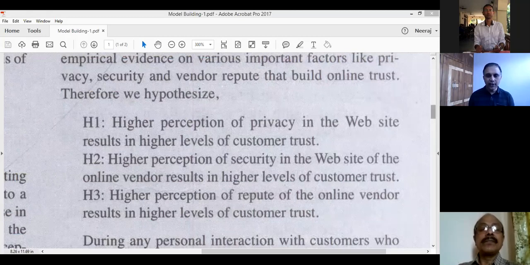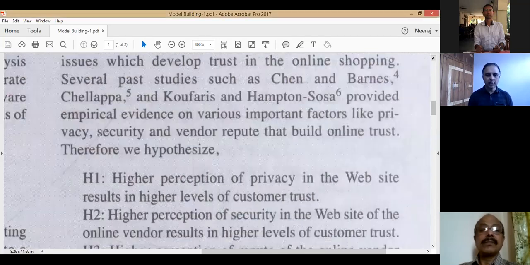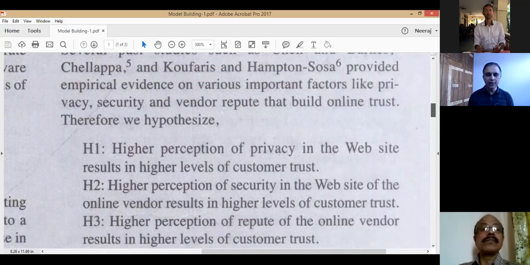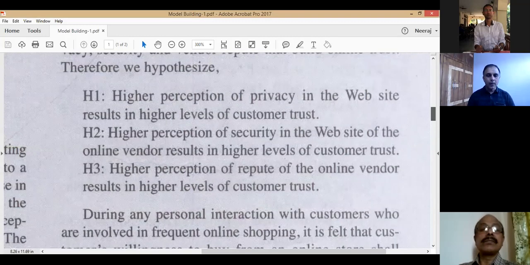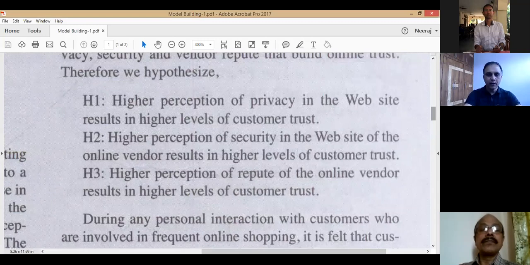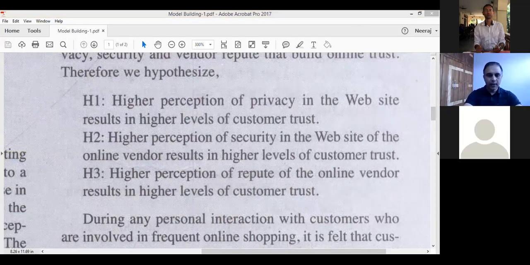Okay, so let's read this line once again. Various factors like privacy, security, and vendor repute build online trust. Therefore, we hypothesize, and now read this sentence H1. H1 says higher perception of privacy in the website. I'm reading it again. H1 says